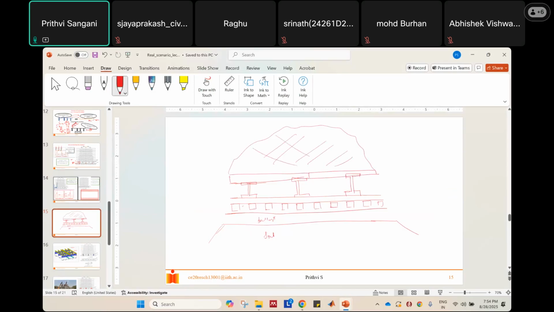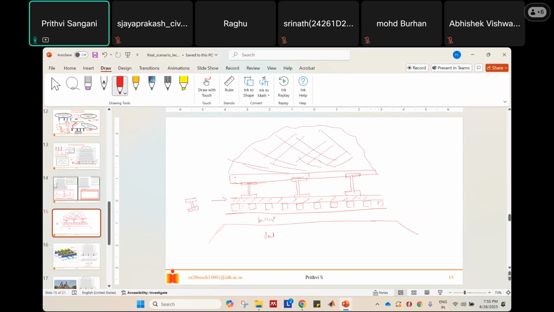Now tell me, if I'm loading this entire part above these beams, now on to the track, this is my track, right? So you are seeing the track in the longitudinal section. This is the longitudinal section. If you see from this side, the track looks like this. It is also an I section,